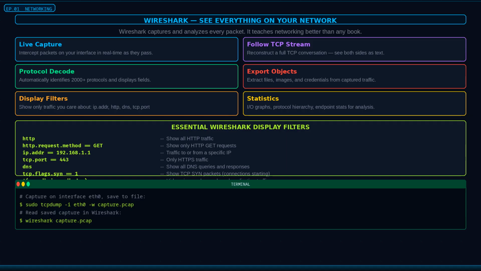Wireshark is the most powerful packet analysis tool in existence, and spending time with it will teach you more about networking than months of reading. When you open Wireshark and start a capture, you see every single packet flowing through your network interface in real time. Wireshark automatically identifies over 2,000 protocols and breaks each packet down into its individual fields: the Ethernet header, the